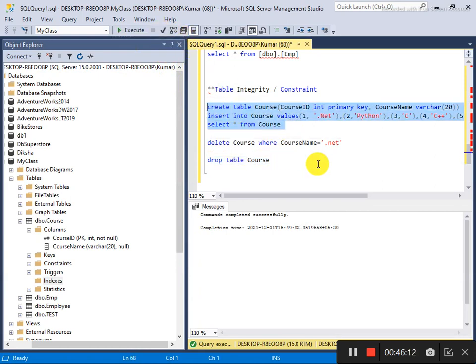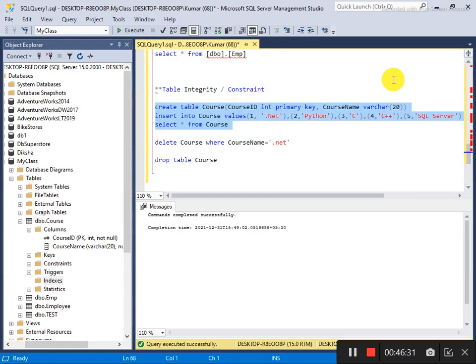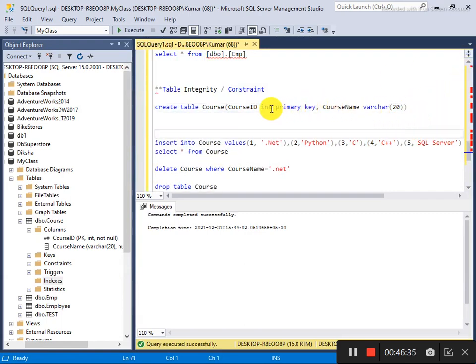But if you have a primary key, then you can't make a duplicate entry. Again I am creating it. If you want to put a specific name on your primary key or any kind of constraint, then you have to supply the name of the constraint. So if you are creating a table, you will say constraint. You will see carefully how I am doing that. I will say here constraint, and what kind of constraint?